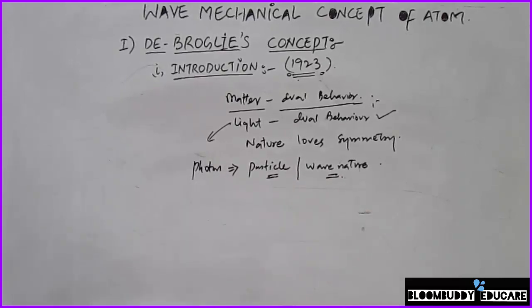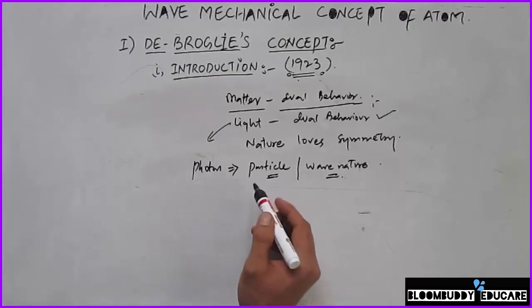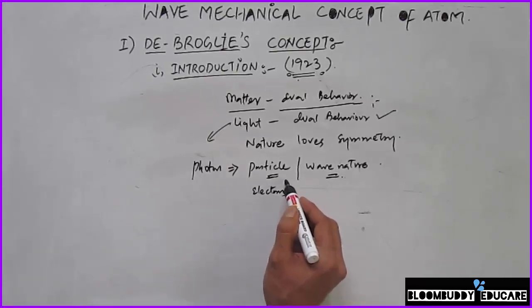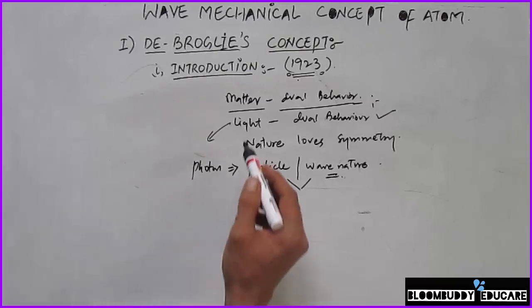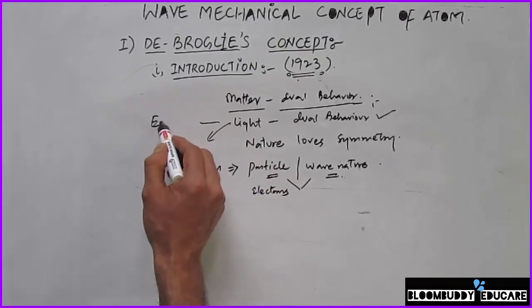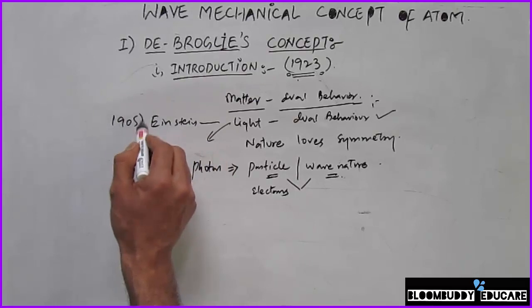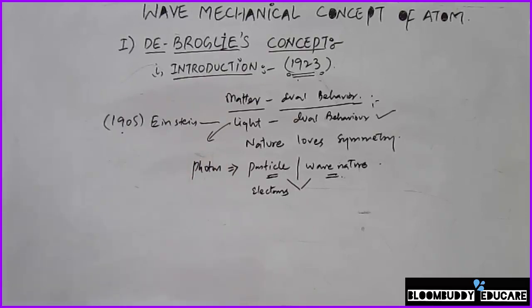In other words, I can say that the electrons should have a momentum as well as a wavelength. Electrons should also have momentum as well as wavelength. Einstein in 1905 suggested that light shows the dual behavior. This concept was shown by Einstein in 1905. Light behaves both as the material particle as well as the wave, and de Broglie extended this Einstein's view